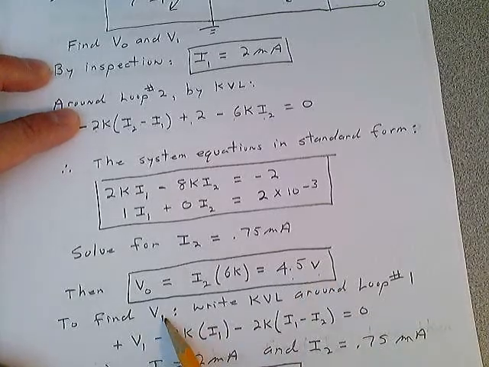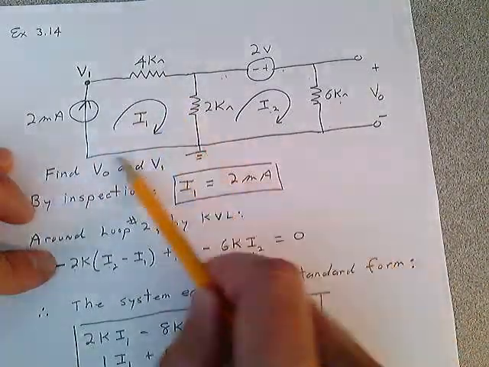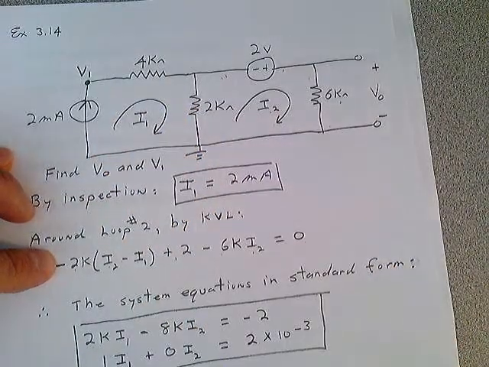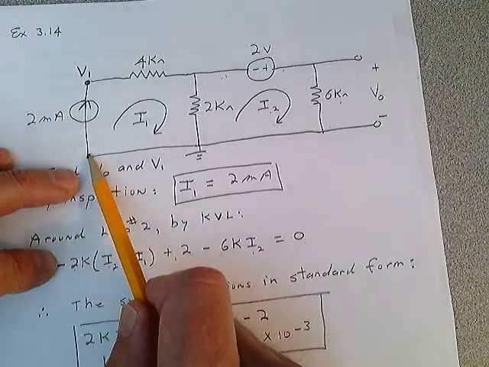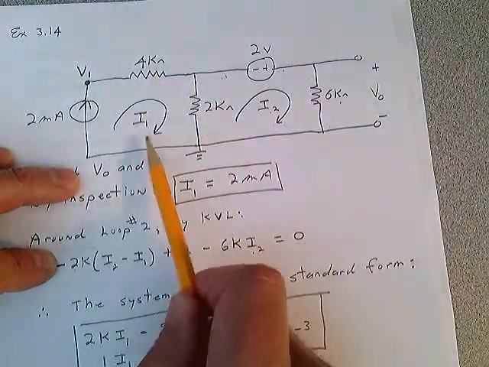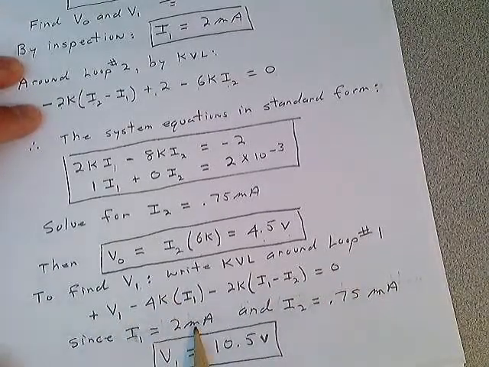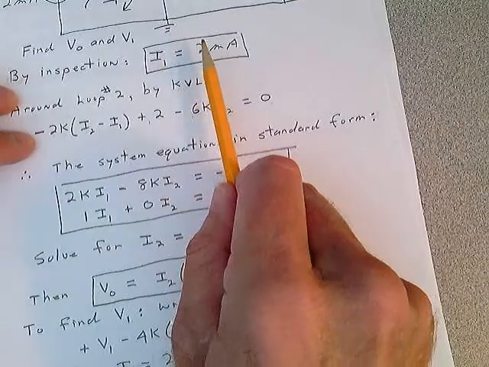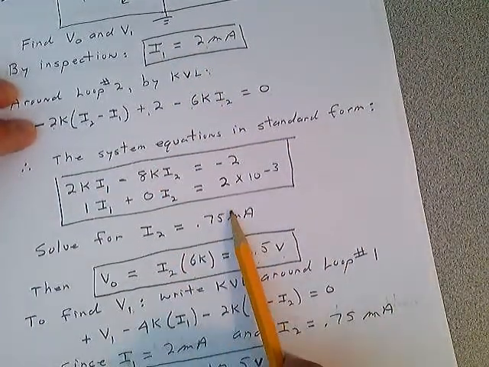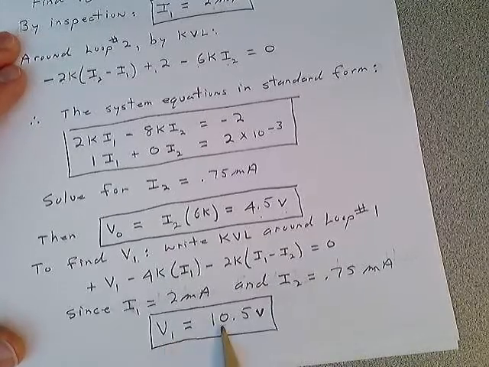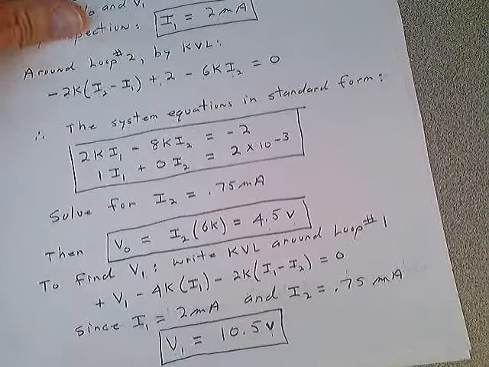Then to find V1, you just, around loop 1, Kirchhoff's voltage law. I started down here and I just went around this loop right here. And if you do that, there's the equation. Since I1 is 2 milliamps, which we already knew up above, and I2 we solved here, V1 is 10.5 volts. Straightforward problem. Let's take a look at problem